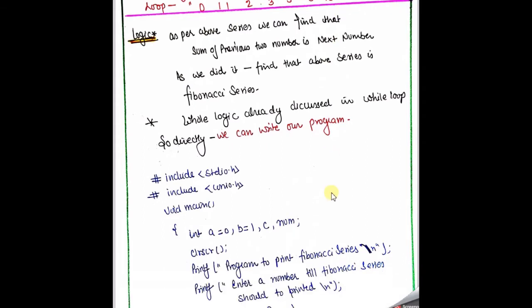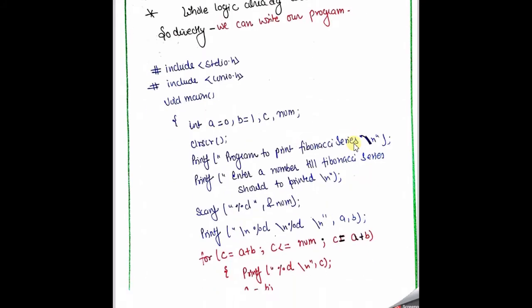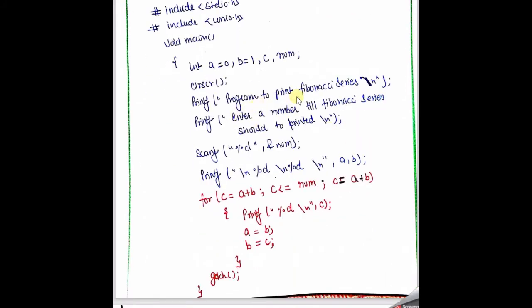So I am going to use this concept: I want to print the Fibonacci series till less than that number, not till a number of terms. So I am going to use the number variable over here. First of all, I want to take the number below which you want to print the Fibonacci series. So I get the number from the user, and store that number into the variable num with the help of the printf and scanf functions.